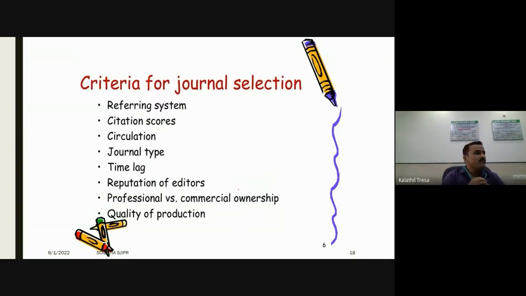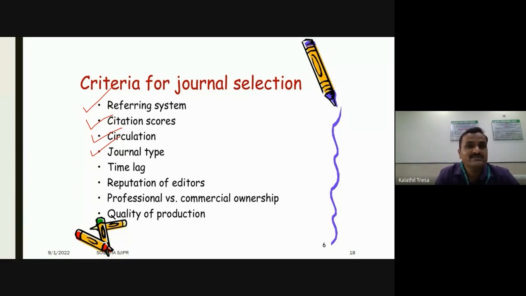Now, what is the criteria for journal selection? Criteria for journal selection mostly depends on the reference listing of that journal. Then the citation score, that is called the impact factor of the journal. That may be the journal citation report, that is JCR or SJIF, or so many indexing agencies that are now in the market, but we have to look into the well-known and reputed ones, for example, SJR, scientific journal indexing, then JCR, journal citation reports, then how it is circulated, whether in offline mode or online mode, what is the journal type, whether it is an open access journal or whether it is